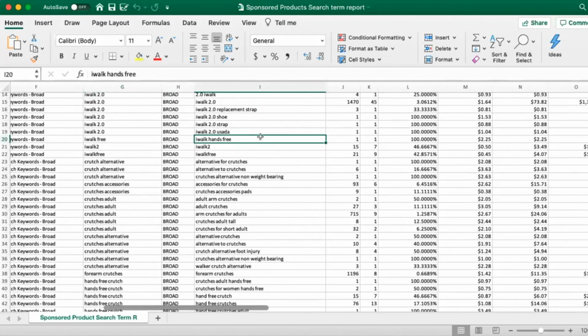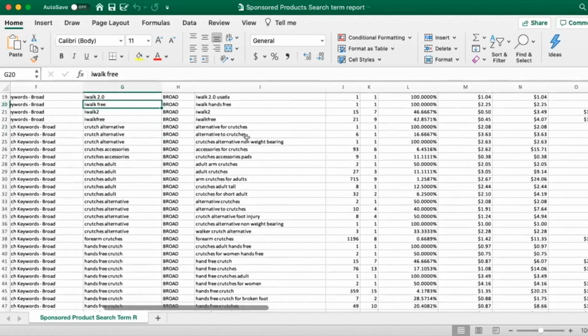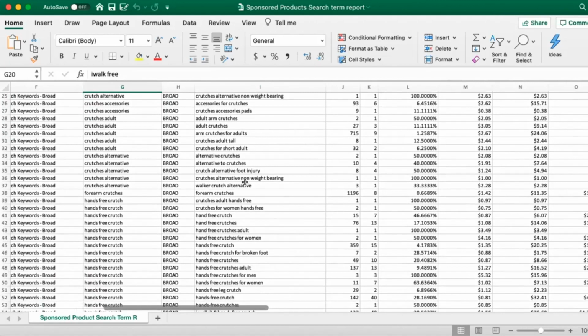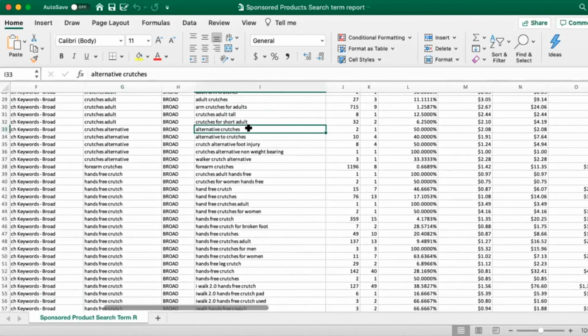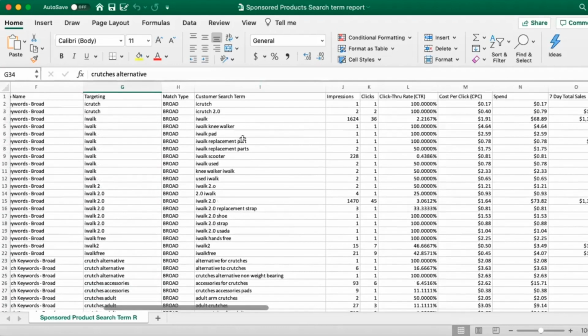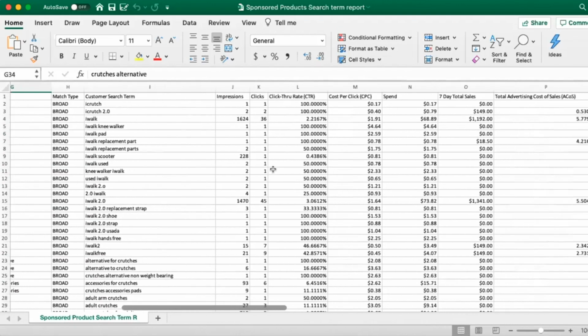So this user typed in I walk hands free, and Amazon connected it to the keyword I walk free. So you'll see different examples of that. Here we have a user entered alternative crutches or alternative to crutches, and you can see Amazon matched it to the keyword crutches alternative. So that's why it's important to really look at your search terms to gauge how they're affecting the keywords that you are targeting in your PPC campaigns.